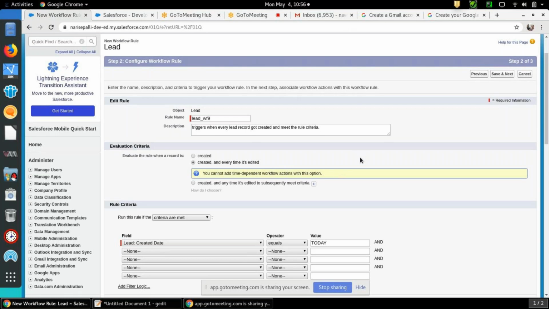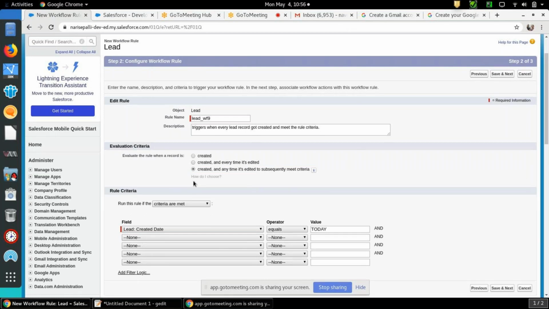Because if you schedule a time-dependent action, workflows will run in the backend every day, every hour. If that workflow updates something in the lead object, it executes every time and goes into recursive mode, and it may create junk data. That's why we can't select time-dependent workflow for created and every time it's edited.